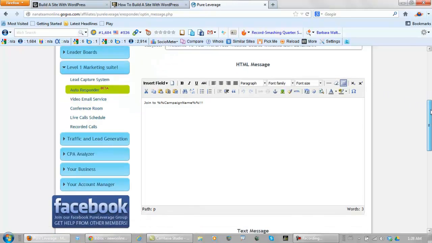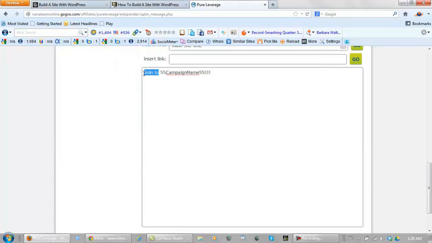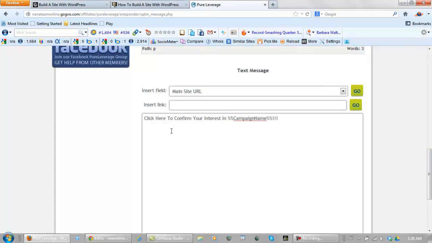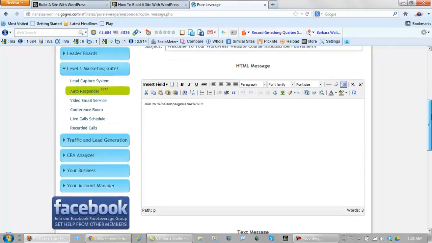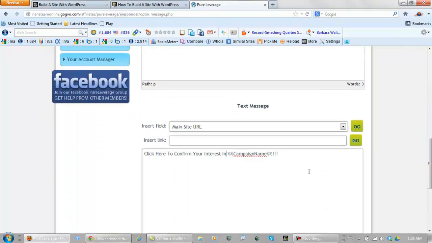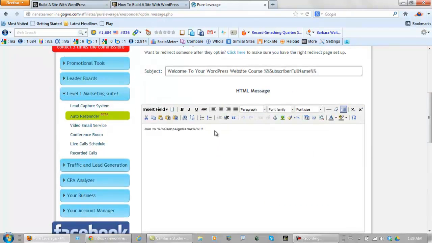Now let's scroll down to the bottom, and right here you change this to: click here to confirm your interest in campaign name. So when they get this email, it's going to say click here to confirm your interest in Welcome to your WordPress website course. And that's what they call double opt-in. What you want to do here is just copy it, back up here, paste it here,